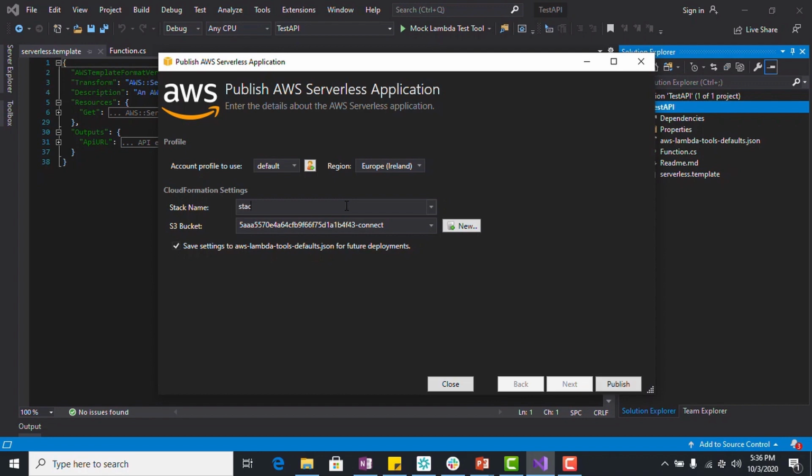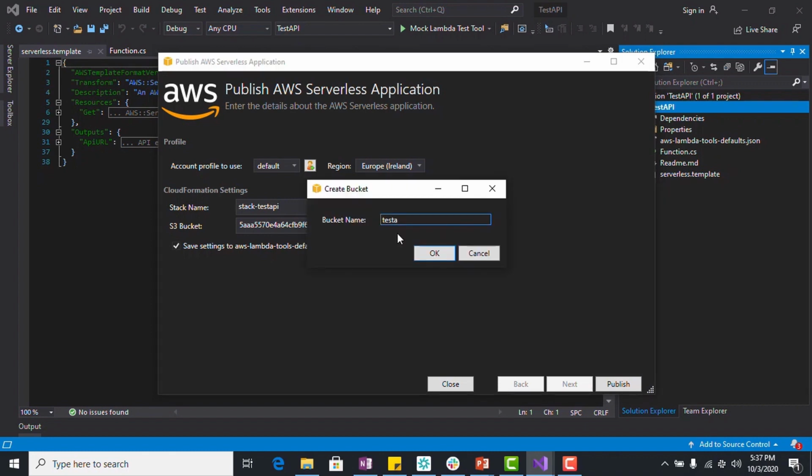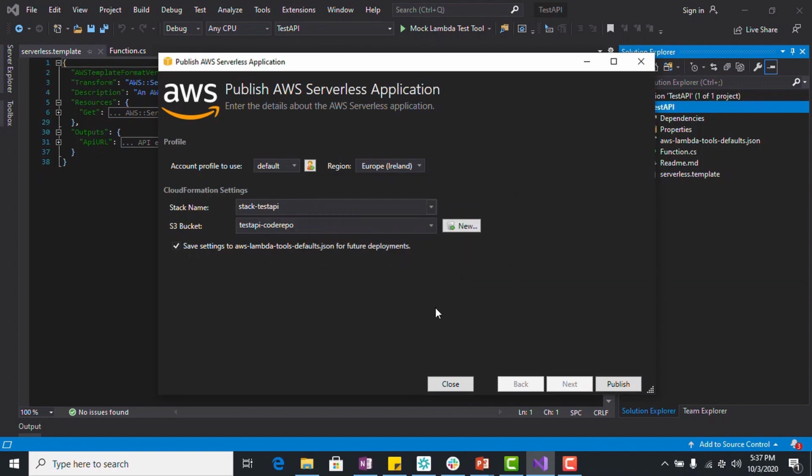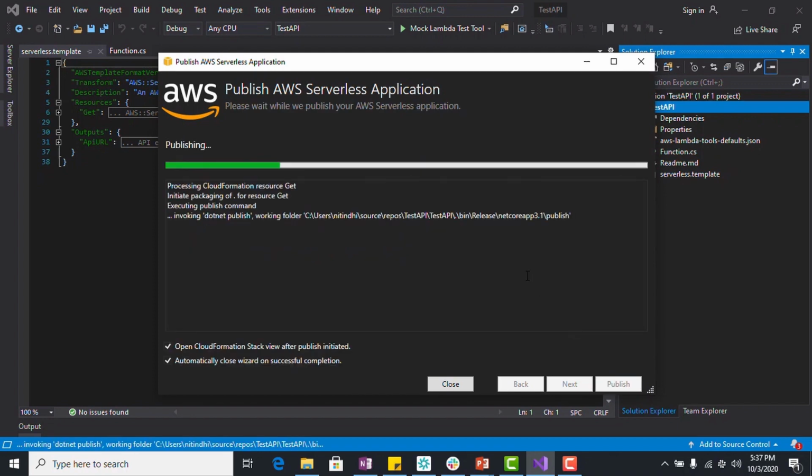One, the CloudFormation stack name, which I'm supplying right now, and then the bucket. You can also create a new bucket to upload our application bundle, like how I am doing it. I'll name my bucket test API-code repo and then click OK. Now I'll click on publish.